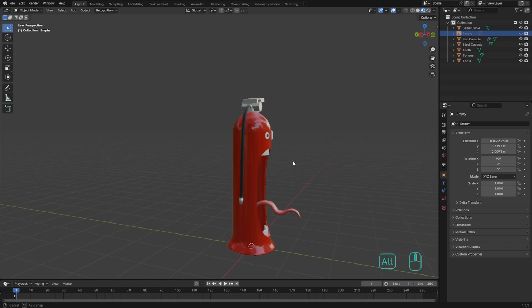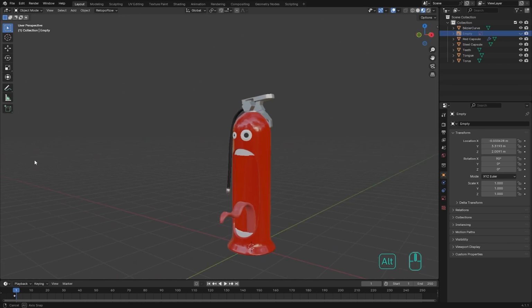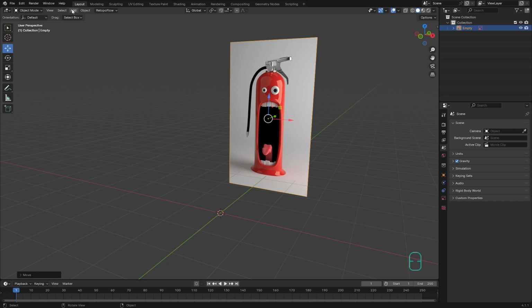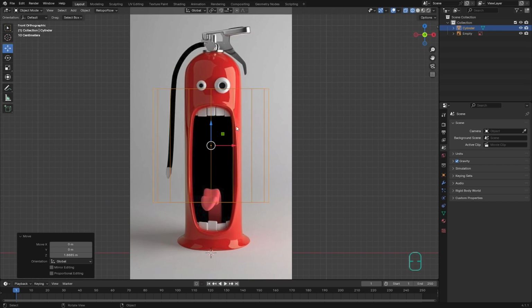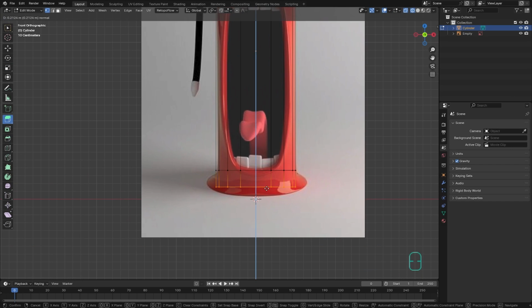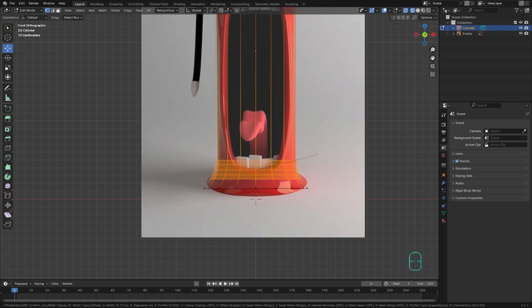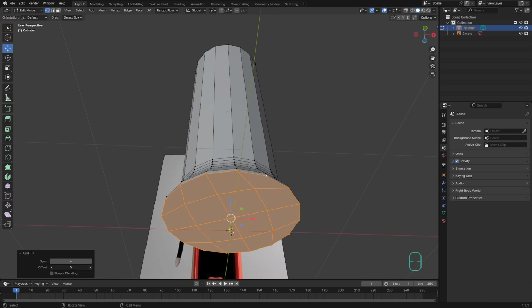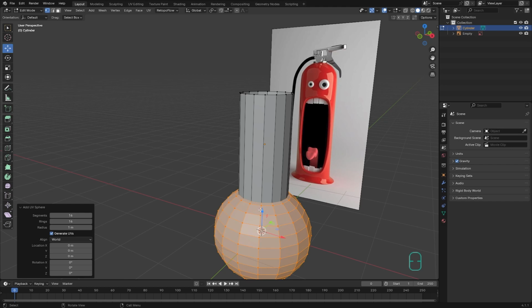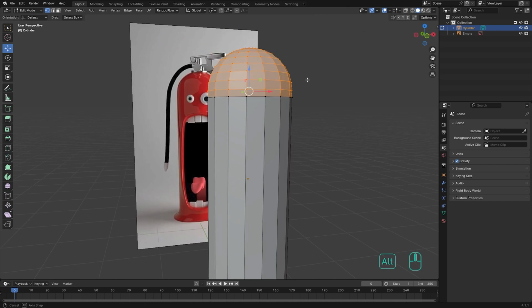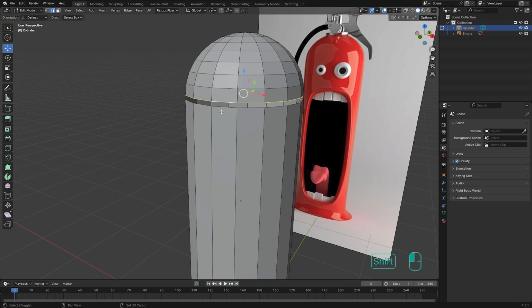In this fast tutorial, I'm gonna model this capsule from start to finish. For a start, I'm gonna add a cylinder, scale it, then extrude the bottom edge, then add bevel for this edge, use the grid fill to fill this part, and then add another sphere, scale it, delete the bottom vertices,